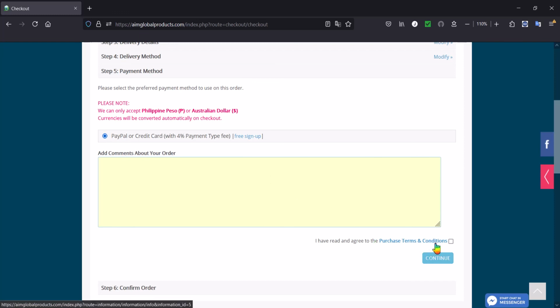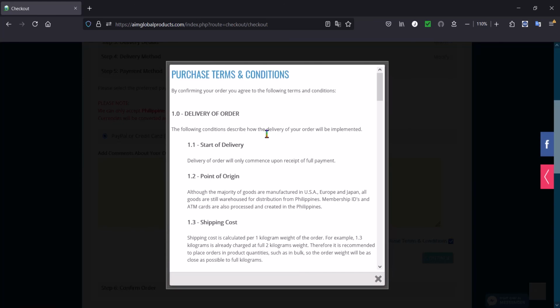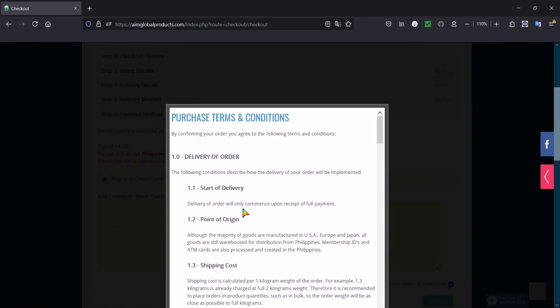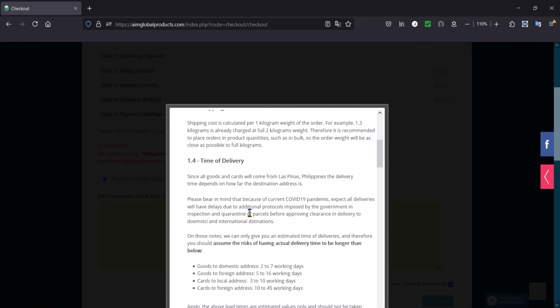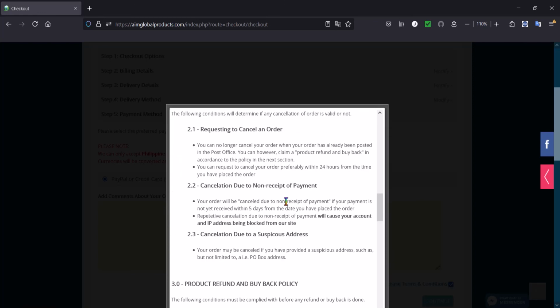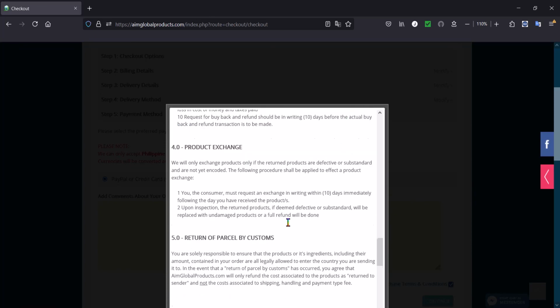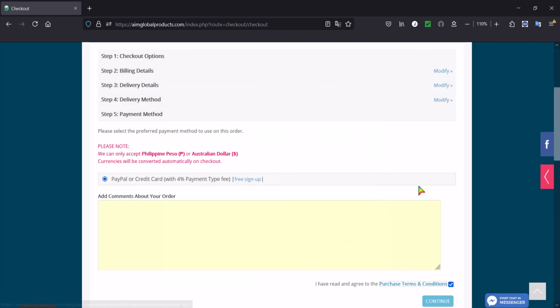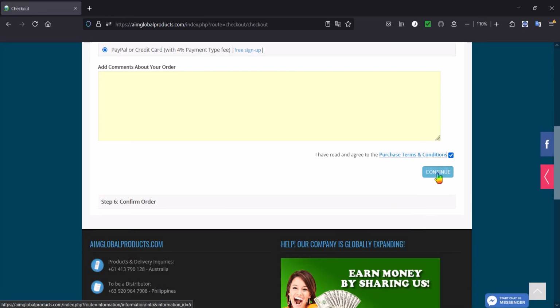Add comments if you have one, and then don't forget to click this after agreeing with the purchase terms and conditions. You have to read it before actually clicking it. You can click it and a dialog box will open and you can read the terms and conditions like delivery of order, point of origin, shipping cost, time of delivery, and all that regarding cancellation of order, product refund buyback policy, all these things that can be important to you before you proceed checking out. But if you're happy with all that, click it, continue,